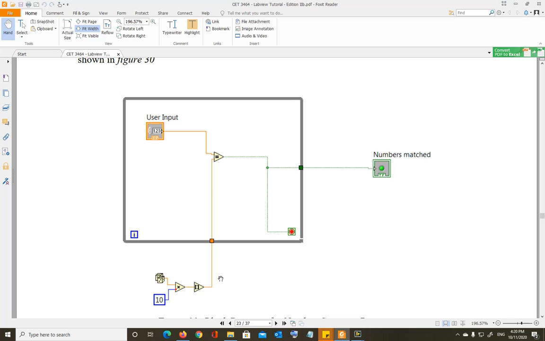So make sure you are very clear about how you're making the logic. Anything that needs to be executed once, that has to be outside the while loop. Anything that needs to be executed as long as the while loop condition is not satisfied needs to go inside